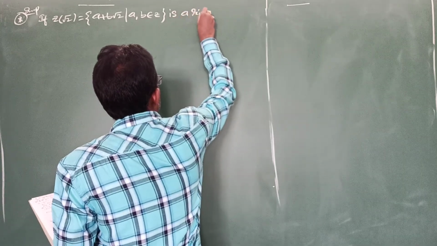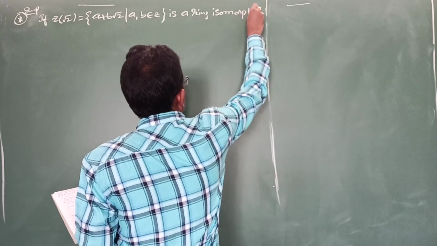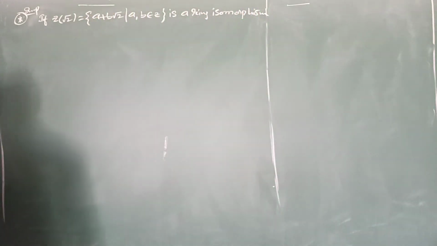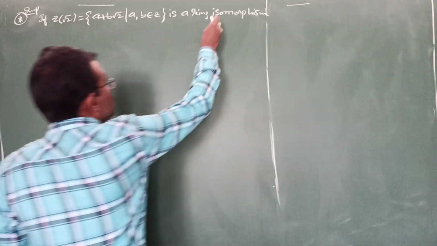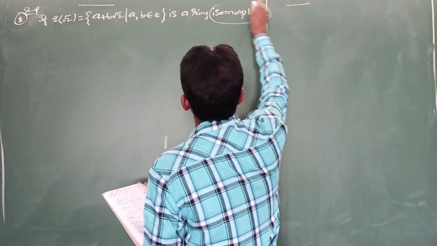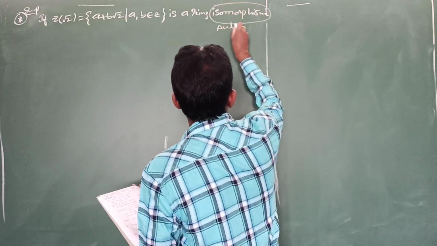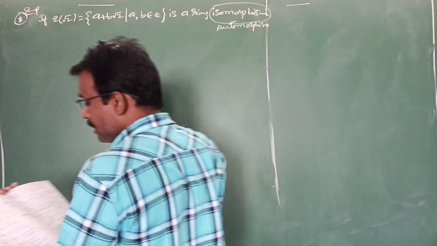Not only ring isomorphism, it is automorphism also. Here isomorphism or automorphism, no change at all. Reason ఎందుకు చెప్తాను ఇక్కడ. Isomorphism అన్నా automorphism అన్నా ప్రాబ్లం ఏం లేదు. In the question itself I am writing, is ring automorphism